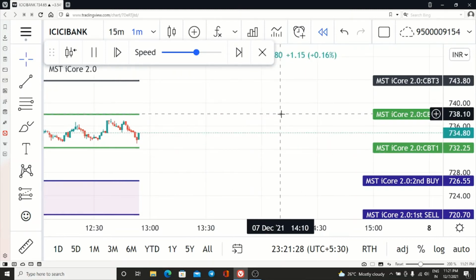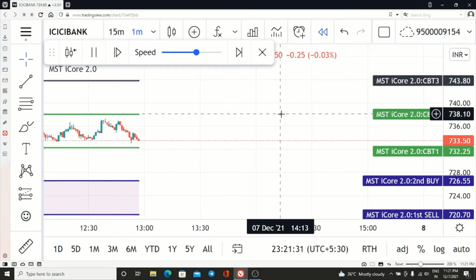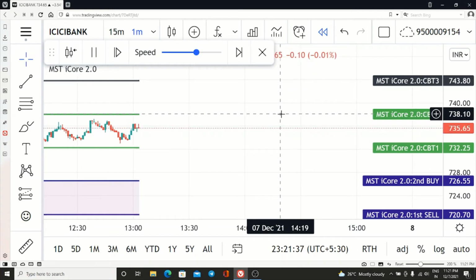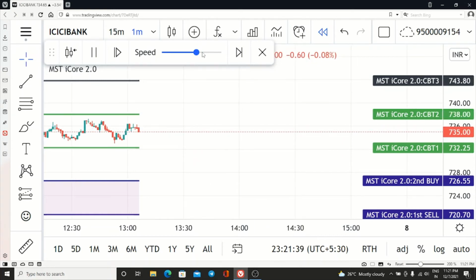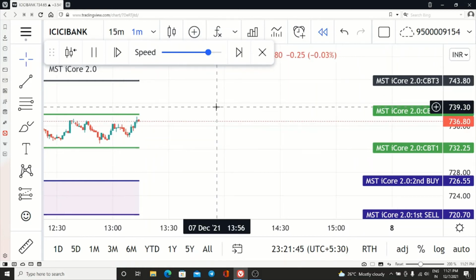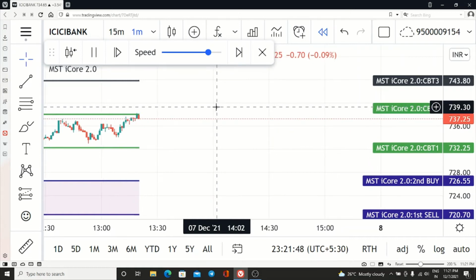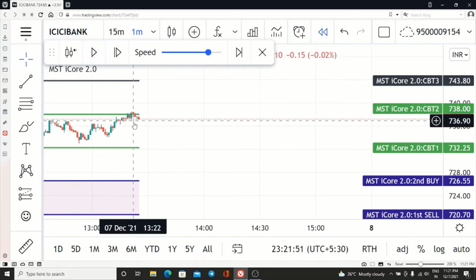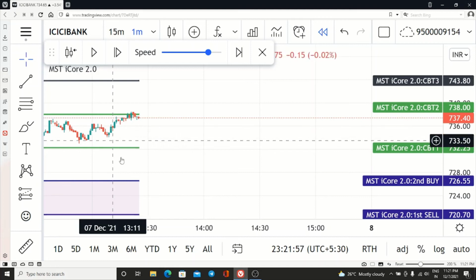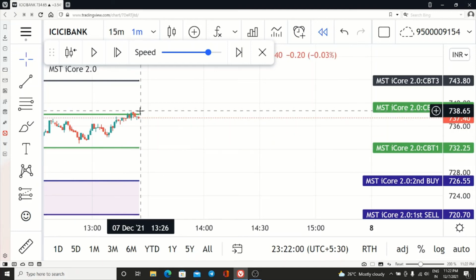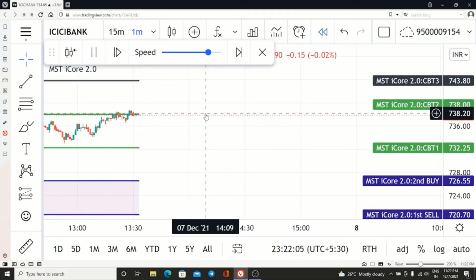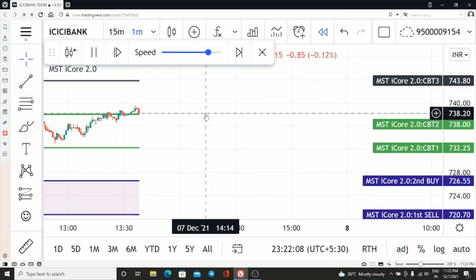It is coming down, coming down. So let's see whether it is giving second target or not. Okay. I will increase slightly the speed. Yeah, see here, exactly our second target also met. Though we have revised the stop loss to cost, it is not hitting the stop loss, but it has given the two targets perfectly. Again, it is going up. So let's see whether we can get the third target or not.